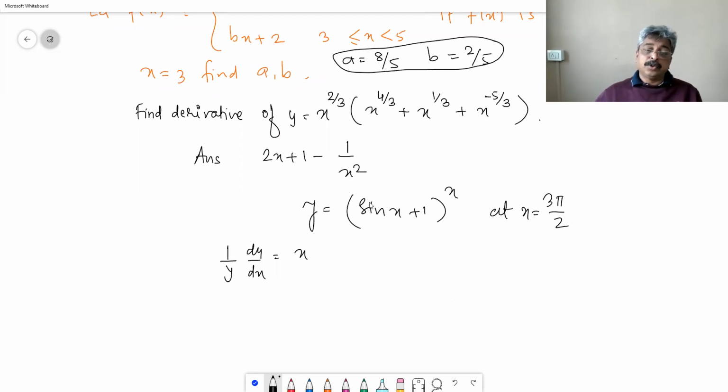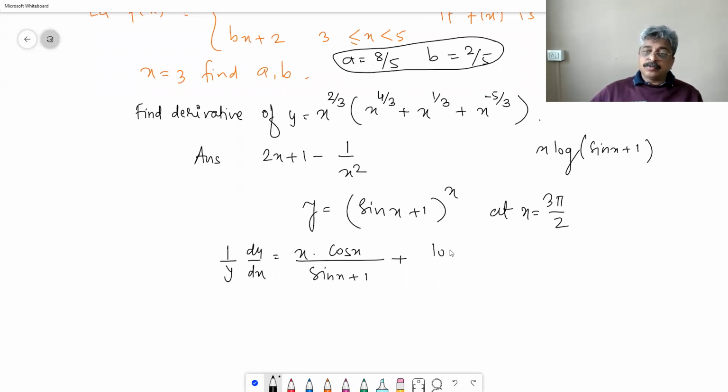Okay, x into log of x. This is the function x log of sin x plus 1. So x into derivative of the second, which is sin x plus 1. Derivative of sin is cos x. Correct? So this is the first part plus